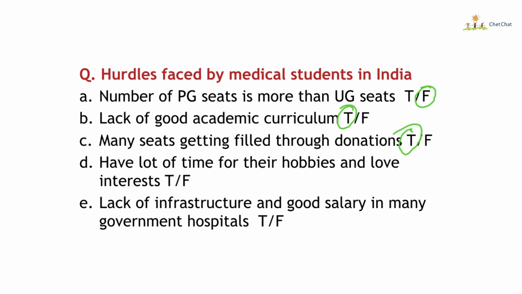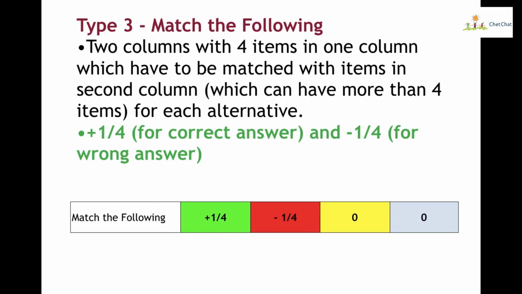Then third is match the following. This is something you've done from school times. This is not at all new. Very easy question. You just have to be very careful, look at each option and try to go for it. How it will be different is that each has been given as +4 and -1/4. Previously, there used to be 4 options you have to match,